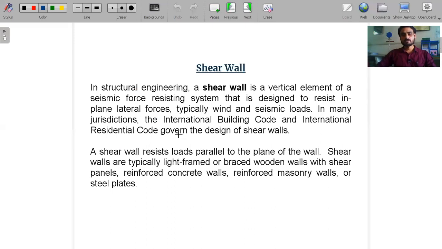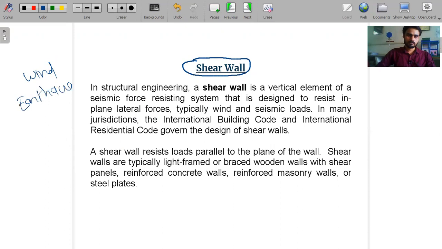First of all, what is shear wall? This is a very important member of a multi-story building. If we construct a multi-story building, there is a chance of lateral thrust, lateral loading. To resist these lateral loadings, the shear wall is an important component. It bears the lateral loads and transfers them to the footing. The sources from which these lateral loads occur are basically wind and earthquake. These are the basic reasons for the lateral thrust.